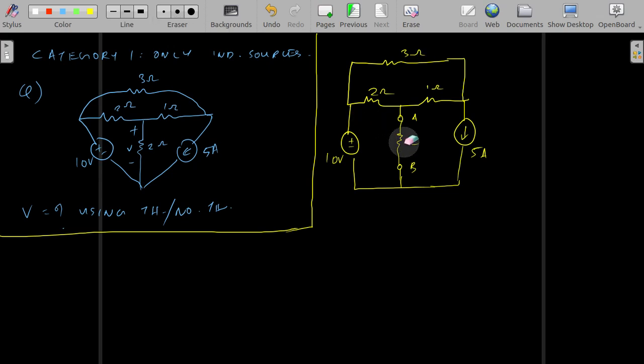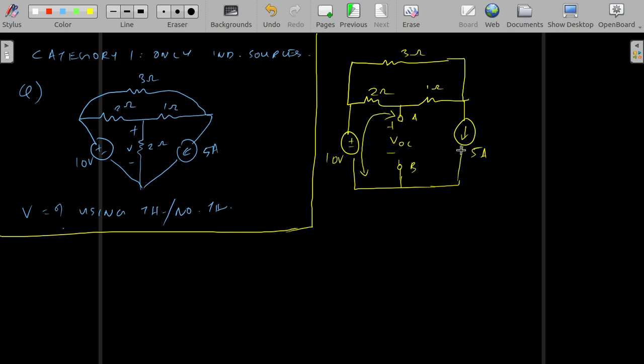Okay, I'm just removing this. So now we have defined our terminals. Okay, so first what do we have to do? We have to find the open circuit voltage, VOC. So basically this voltage is the voltage across the 2 ohm resistance plus the 10 volt. Okay, this much,